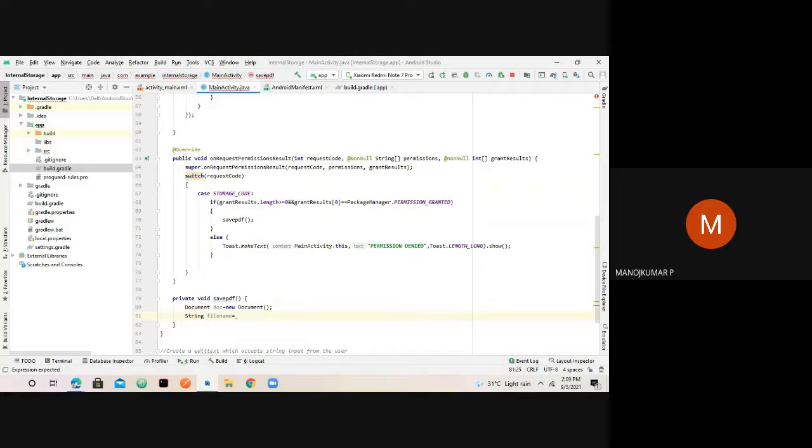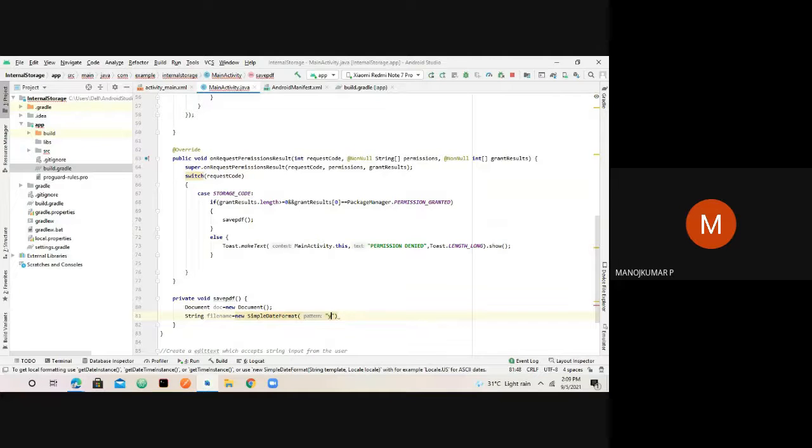We can create some random names here if we want through the random package which is available, or else if you want to make it more specific, we can give in values like a date format or time format, such that your file name will have a proper unique value that suggests when that file is created, at what time it is created. For that, we can use a special reference type class called SimpleDateFormat, within which you can specify the type in which your files can be stored here.